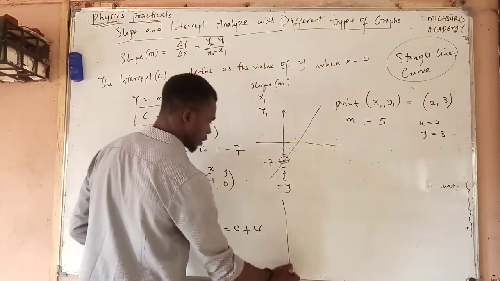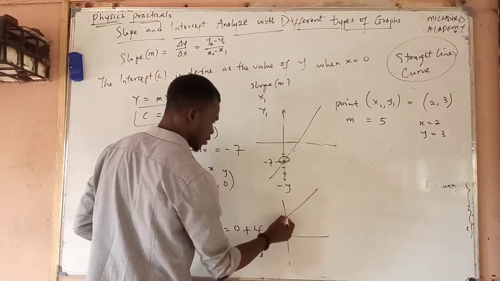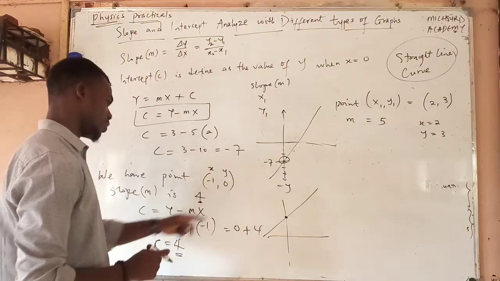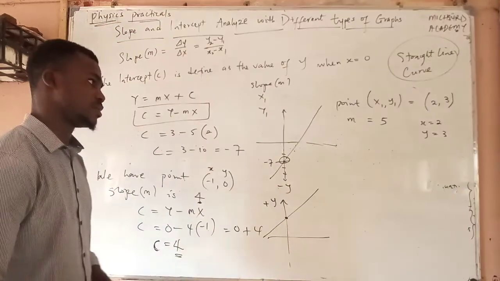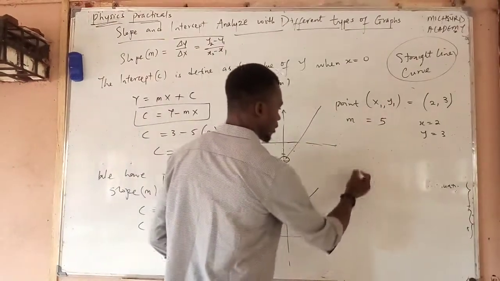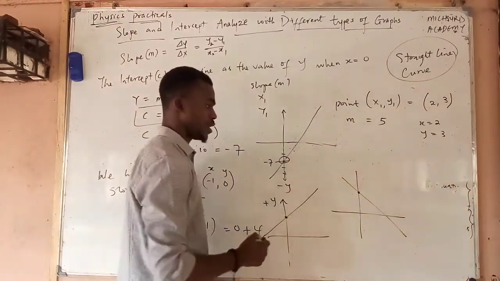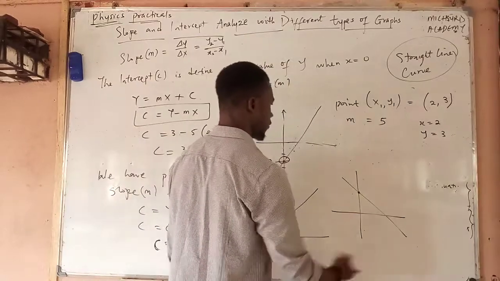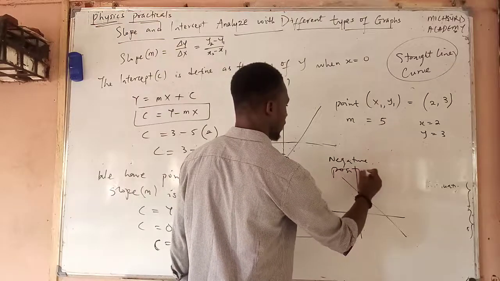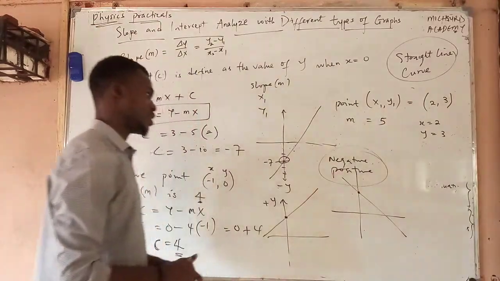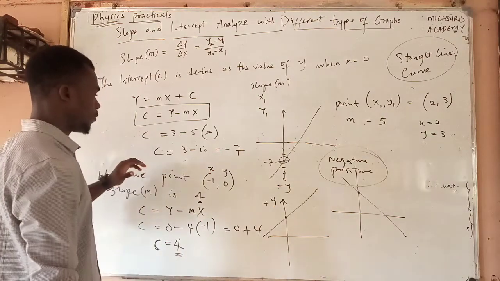So if you are plotting the graph, you have something like this, in such a way that it will cut on the positive y-axis. Mind you, if it's a negative graph, it will be something like this. We have already talked about the negative graph and the positive graph in our last class, so you can check that out in the description link here. Okay, all right. So the next thing we are going to look at is